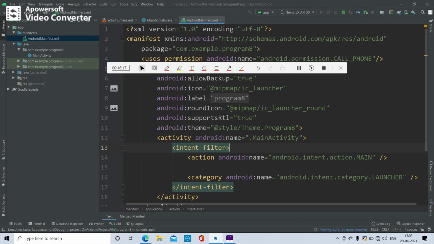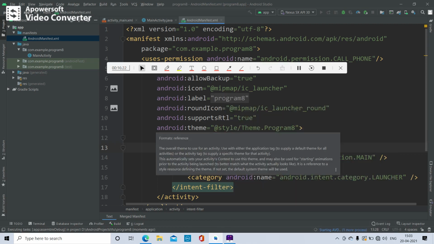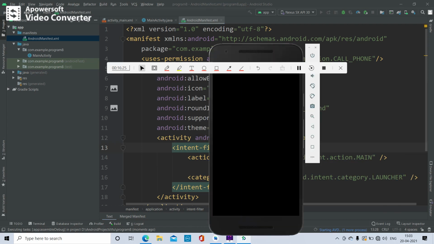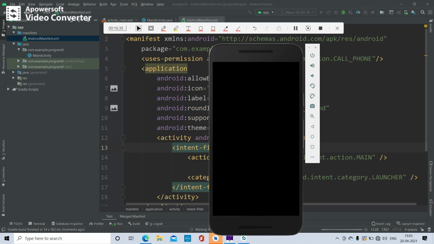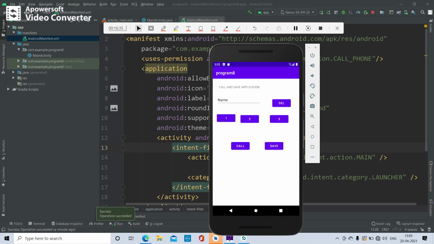Wait till it starts building the interface and shows the emulator. You have to wait. See, it's showing the emulator very quickly, and now it has to show the interface on it. Now you can see the interface. First you remove the content, then whatever button you press, if there are more buttons, you can press those numbers. Go on, type the number.